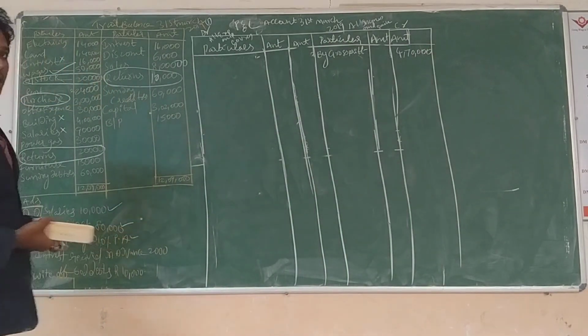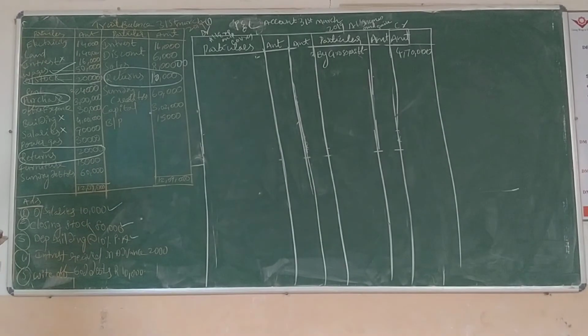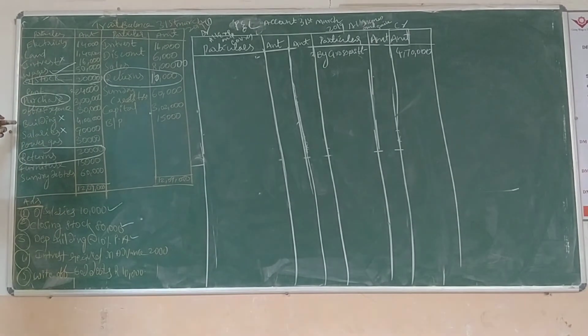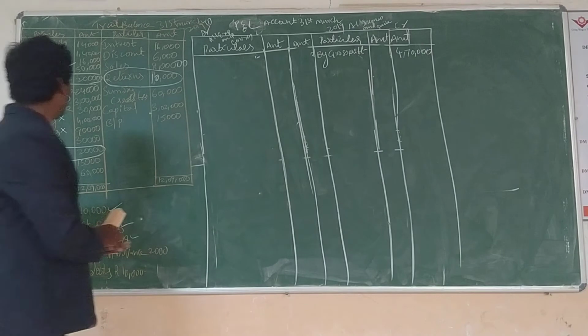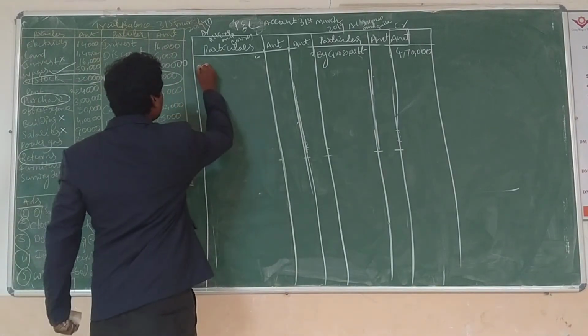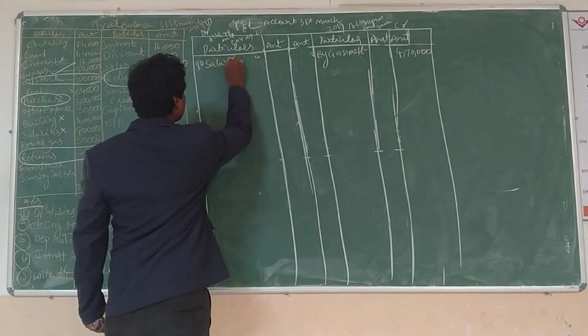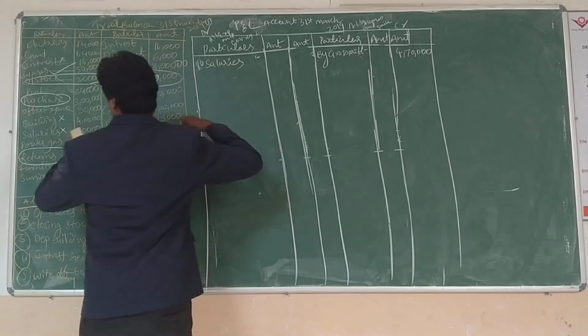Next, according to the profit and loss account, we are going to enter the indirect expenses. Now we are going to check out the first adjustment. In every problem, first we have to take only the adjustment. Through the adjustment, we will do the problem transactions. See, first outstanding salaries. See here, is there any salaries? Yes, salaries is there. How much? 90,000. So salaries 90,000.